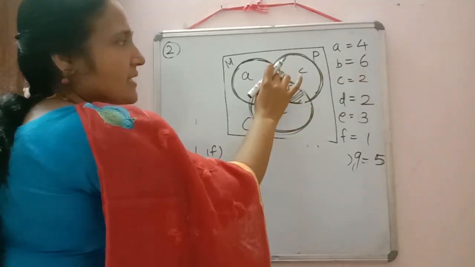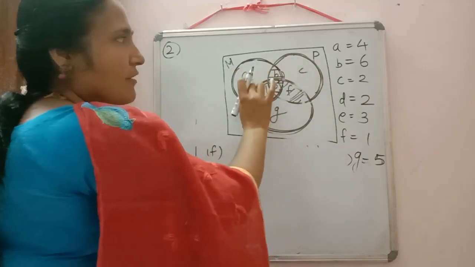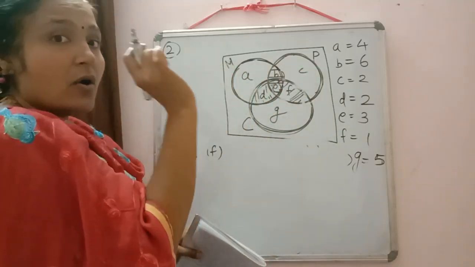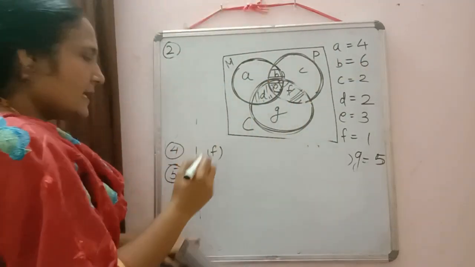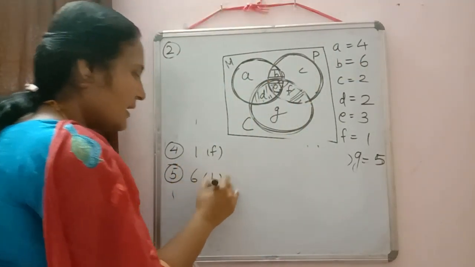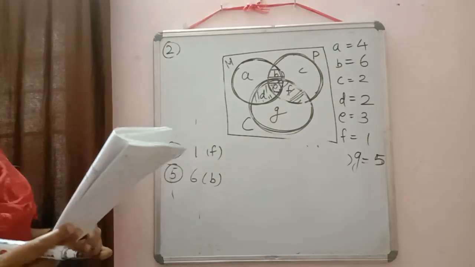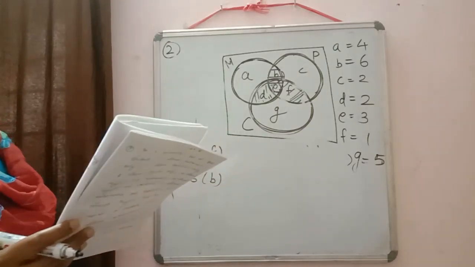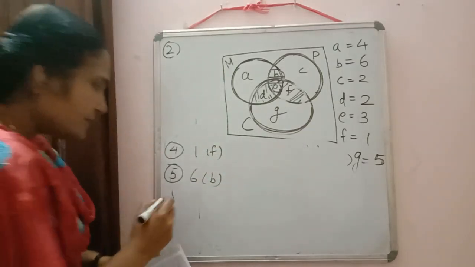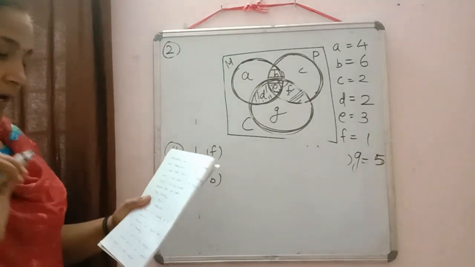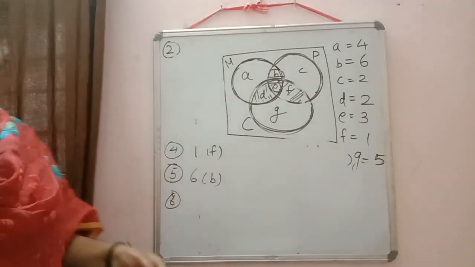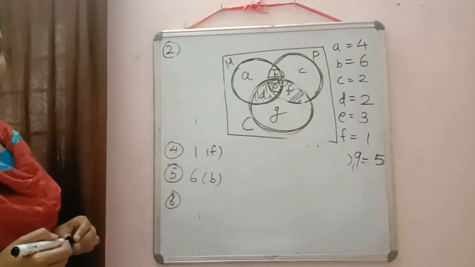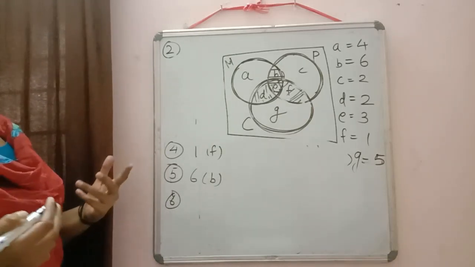So B is the region which represents the number of students who have taken only maths and physics. And the value of B is 6. So just write down 6 students have taken only mathematics and physics. Then next question is only one of the subject. They should have taken only one of the subject. Only one means how we will calculate?